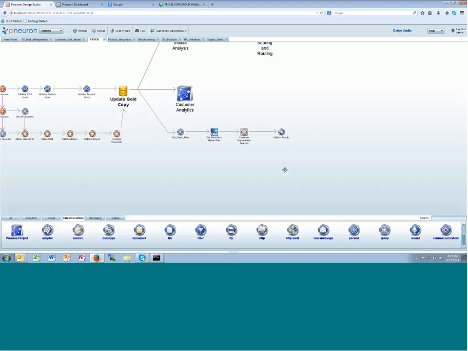We also have a number of other important neurons I will just mention. One is called a wrapper neuron. That allows you to import existing Java files in a similar fashion to what we just experienced to reuse existing applications and proven intellectual property, but have it in the same deployment model and the ability to distribute that processing